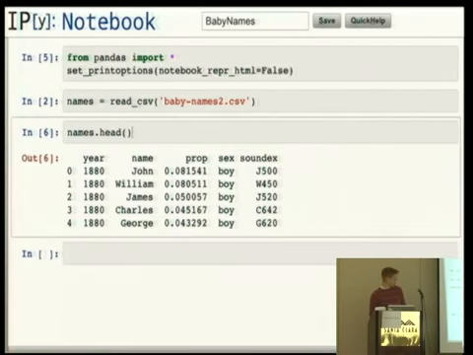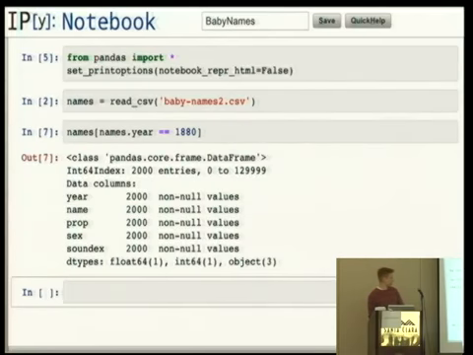But the basic story is that we have for each year the top 1,000 baby names. So suppose we wanted to select out all of the names for the year 1880. Inside the data frame, we could do names.year equals 1880. If you've never seen NumPy before, when you do names.year, that's a series, a column from the data frame. When I say equals equals a scalar, that does a vector operation. It produces a Boolean array, and I can pass that to the data frame's getitem, which gives me